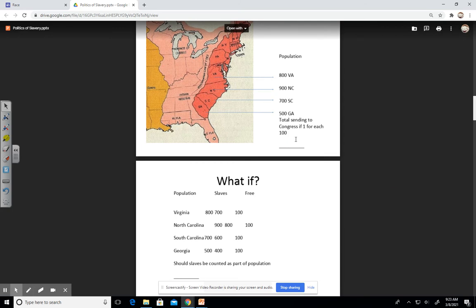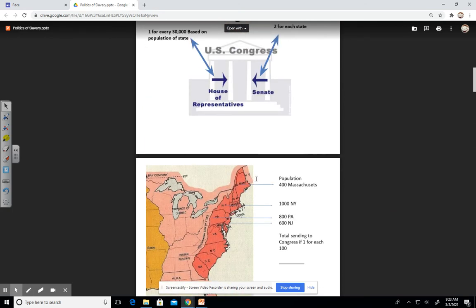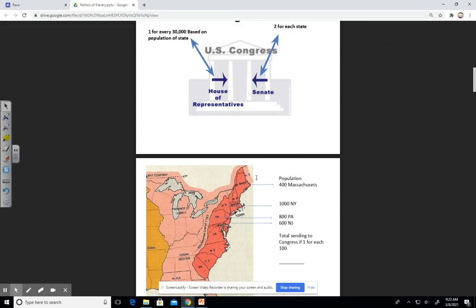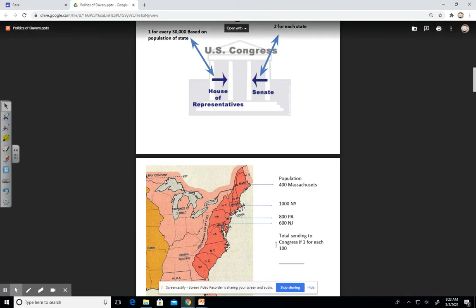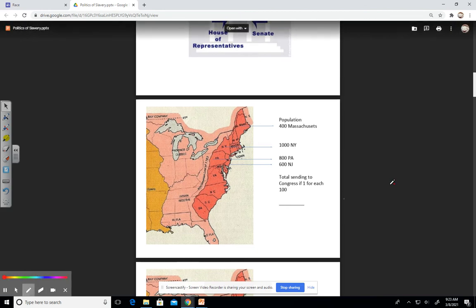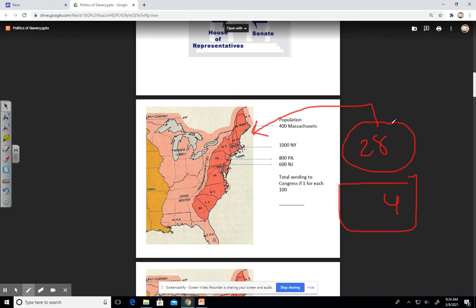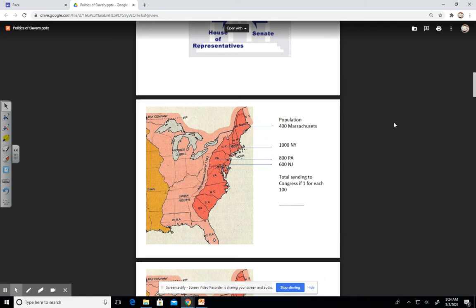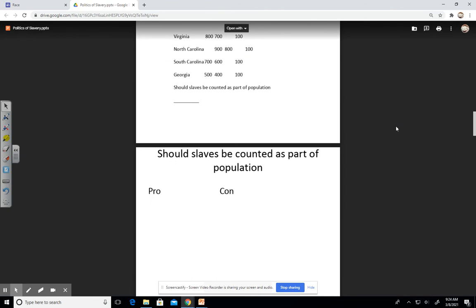Now, if we take the votes back up here, and we use the logic of the North and the South with that evil division, the Mason-Dixon line, that would mean that the South would get 4 votes. And then we use our math, 14, 28. It would be 28 votes for the northern states and 4 for these. And that would pretty much mean that they would dominate the federal government. They would dominate the legislative branch of government. And they probably would be in a position to outlaw slavery and to get rid of it.